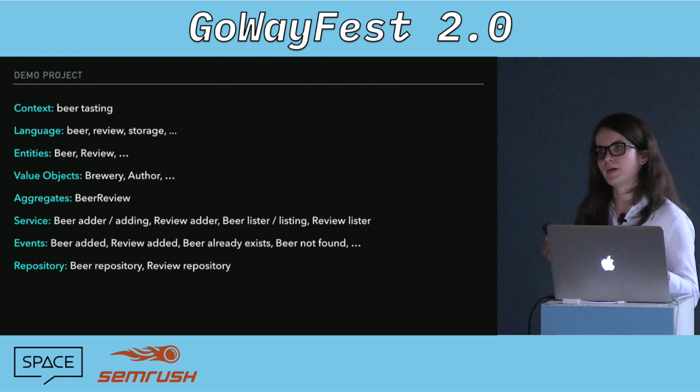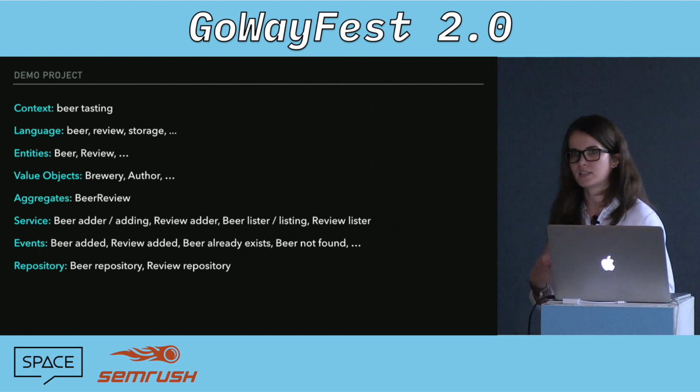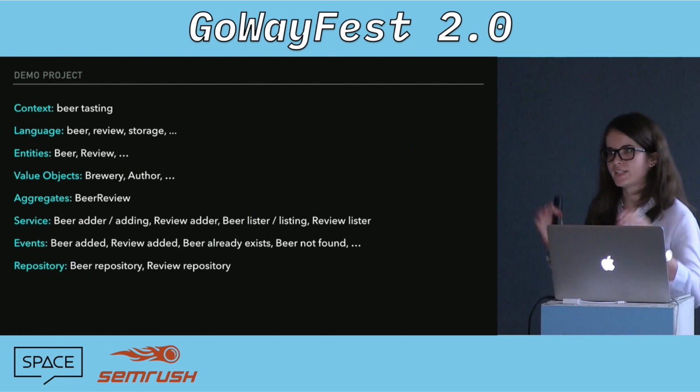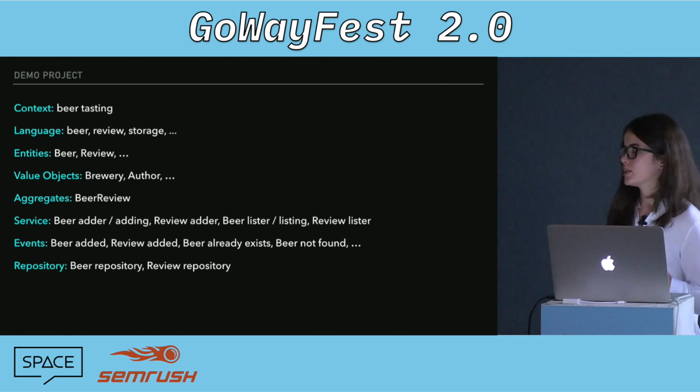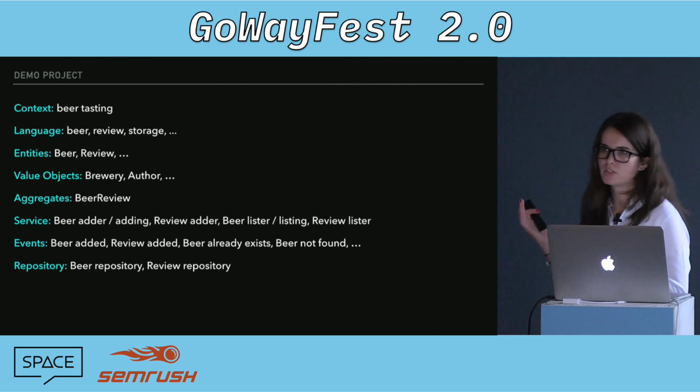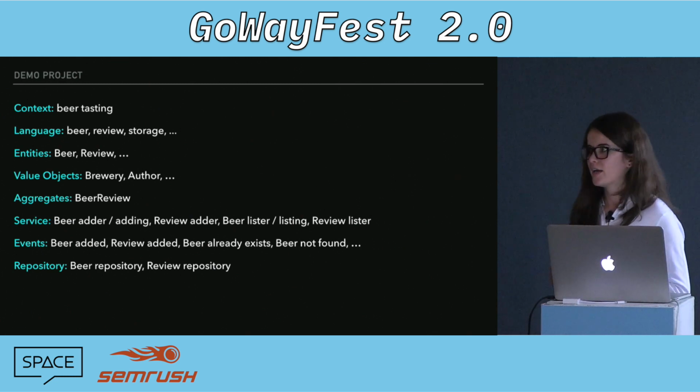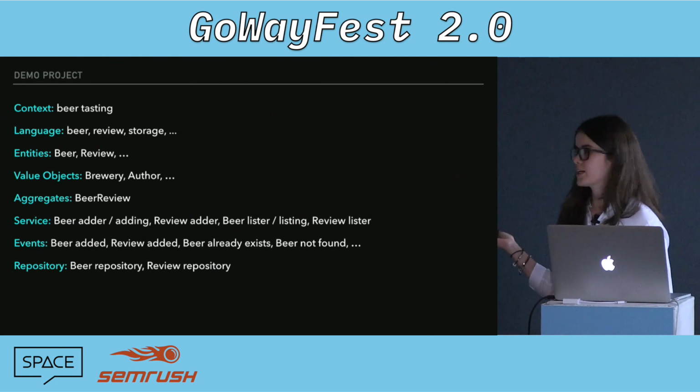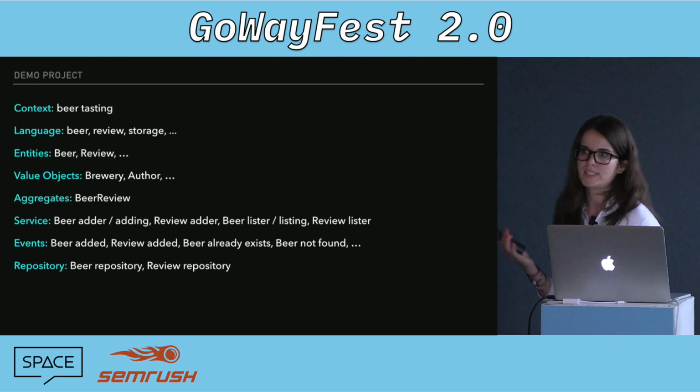And then on top of that, you can have something called aggregates. And aggregates combine the entities together. So if you have two entities that are linked, for example, by an ID, then you need an aggregate to create that meta-entity object, essentially. So in our case, the beers and reviews are linked by the beer ID. And so we would technically need something called an aggregate to create this beer review meta-entity.